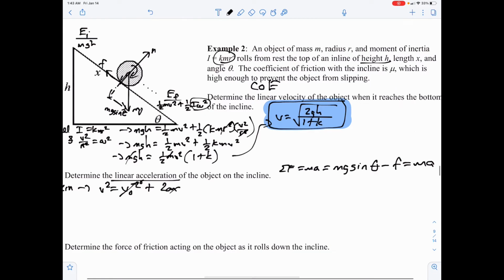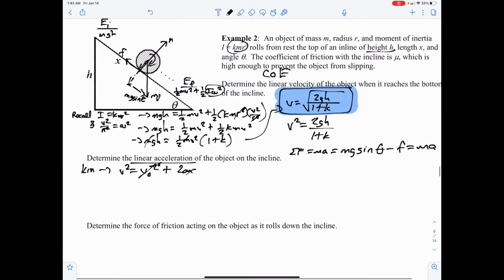Remember, if this is v, then v squared, we just square both sides, it's 2gh over 1 plus k. So I'm going to substitute for v squared, it's 2gh over 1 plus k equals 2ax. The 2's cancel, multiply both sides by x,